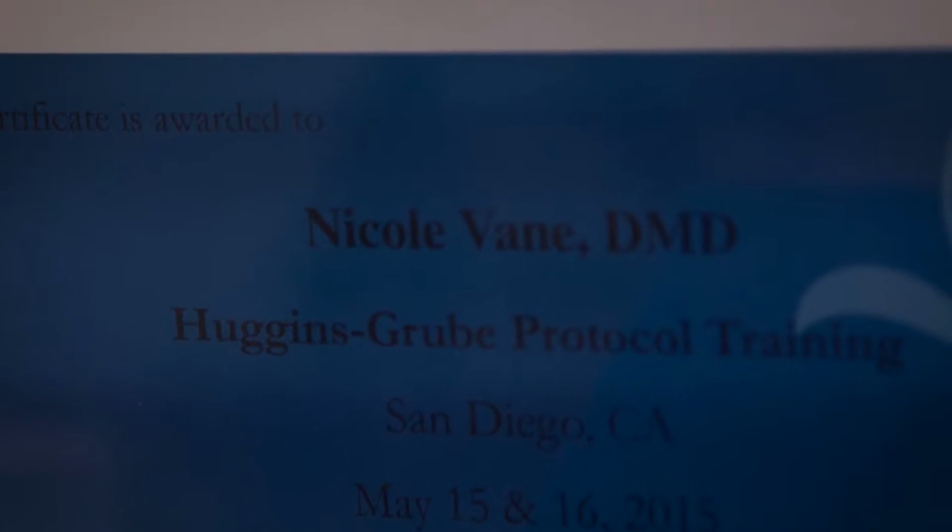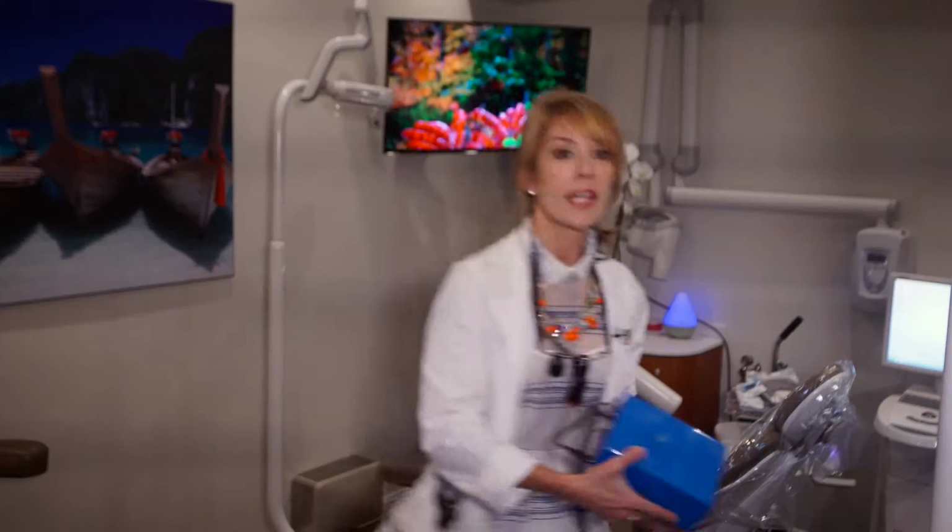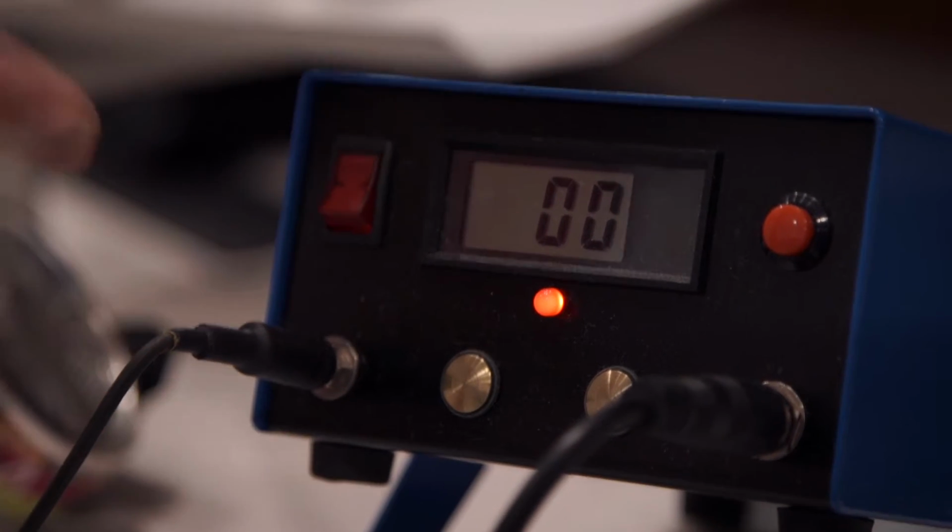The other thing to ask your dentist is how they go about removing them. What's their sequence? Again, if they're following the Hal Huggins Protocol, they're going to use something called a readometer. A readometer tests the electrogalvanic current that comes off of the mercury fillings. It gives off a negative or a positive charge. And there's a certain sequence with which you're supposed to have them removed in order to not disrupt your body's